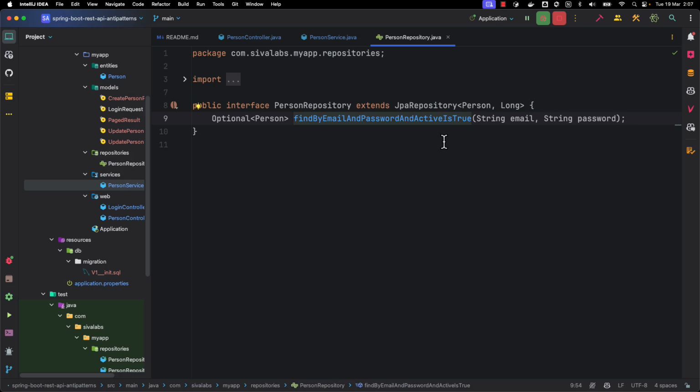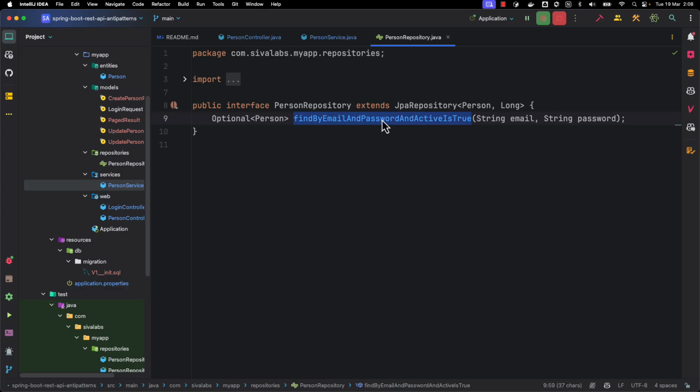So it is going to generate the query like select star from persons where email equals whatever value we are passing here, and password equals whatever value we are passing here, and active equals true. It figures out all that by using the method name itself. You don't have to actually implement this, but